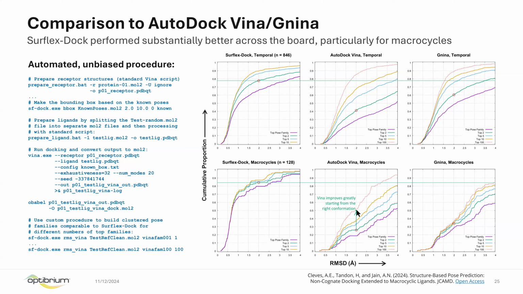If you give Vina the right answer as input, start from the right conformation, it makes a huge difference. So what we think is happening with Vina here is a hard docking failure involving a conformational search inadequacy for macrocycles. We did the same thing for temporal. It makes a very small difference, like a 5 percentage point improvement. If you give Vina the right answer over here for macrocycles, it makes almost a 30-point improvement. Okay, so